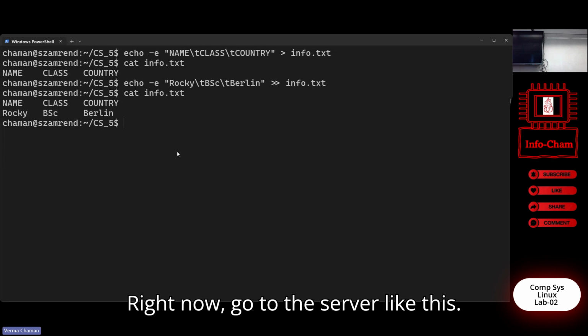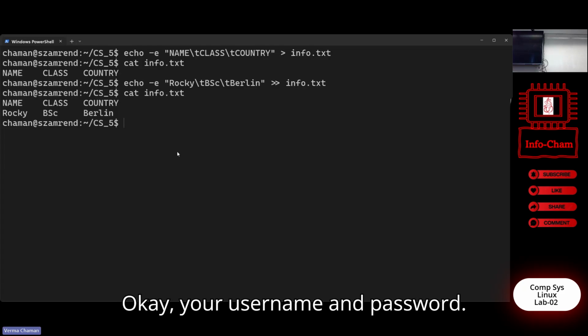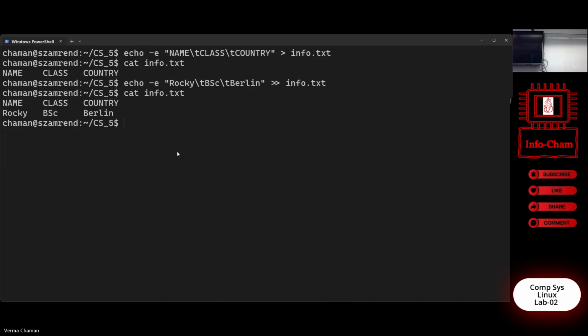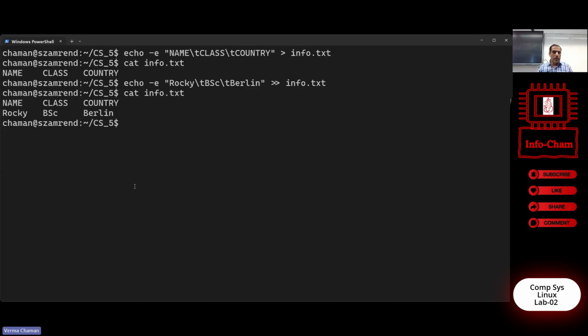Right now, go to the server like this. So your prompt is next here. SSH command, run this SSH. You cannot do anything here. Okay. SSH, your username and password. So guys, I hope you can do it. And now, okay, and